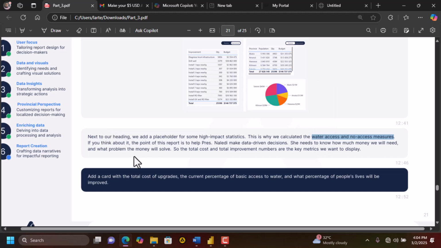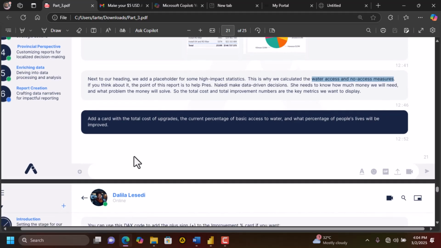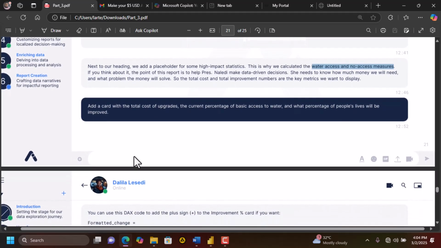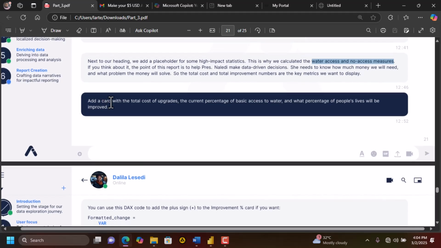So the total cost and total improvement numbers are the key metrics we want to display. Add a card with the total cost of upgrades, the current percentage of basic access to water, and what percentage of people's lives will be improved. So we are going to add this card,